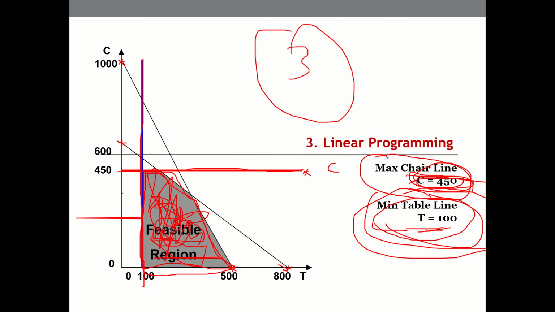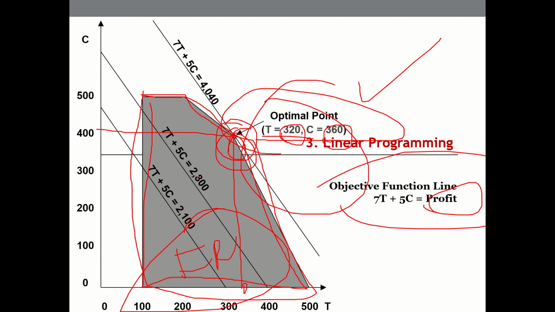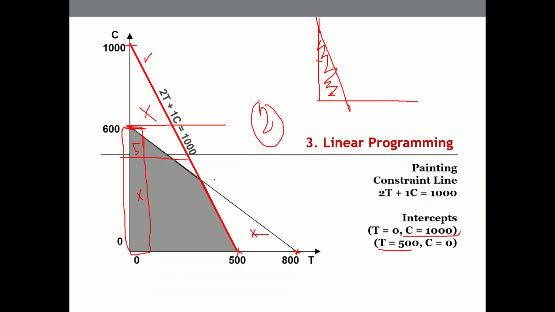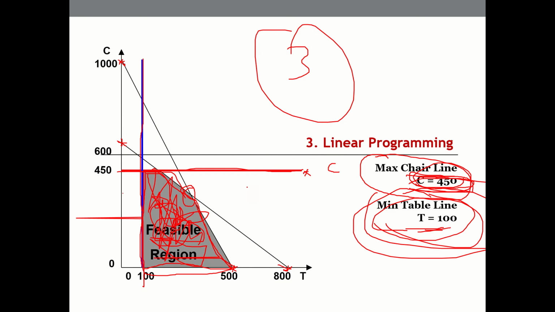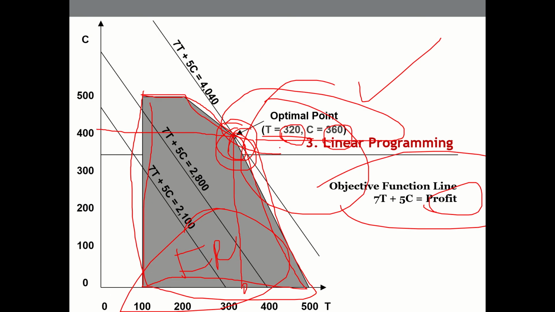Yes, sir. Sir, how will we finalize the values of the optimal point by looking at the graph? Yeah, there are 2-3 things. One, this is actually supposed to be a linear equation, so we have to draw parallel lines intersecting the optimal point here. Or we should work out a number of iterations.